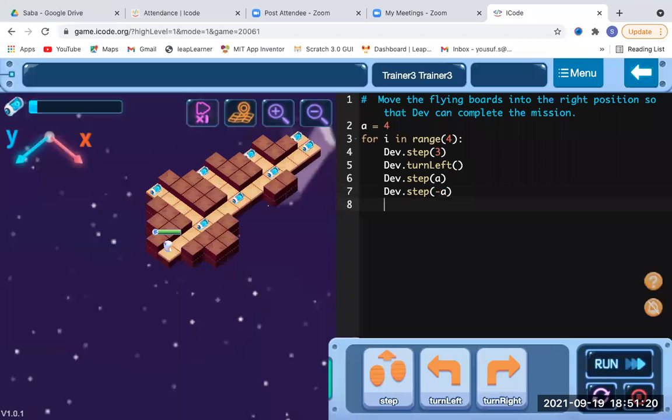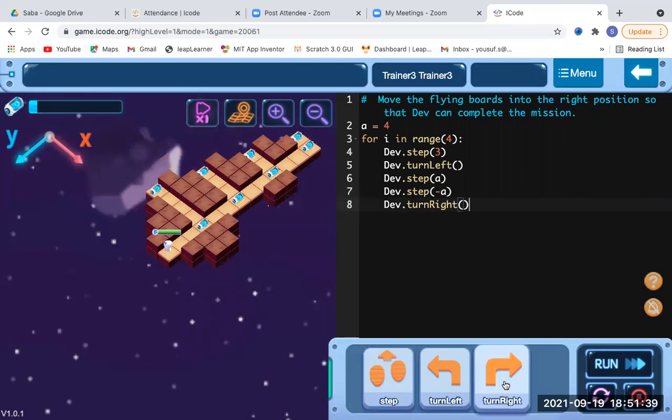And the second last part we have over here is that he should move towards right. Once he reaches over here, he should move towards right to go ahead 3 steps. So Dev should turn right again to look forward, with a formula based upon the increment or decrement with 1 or 2 or 3.